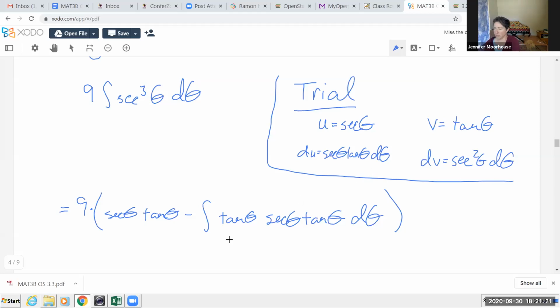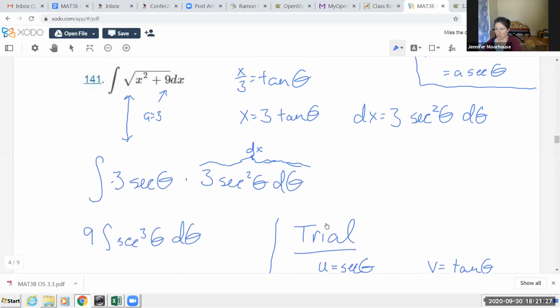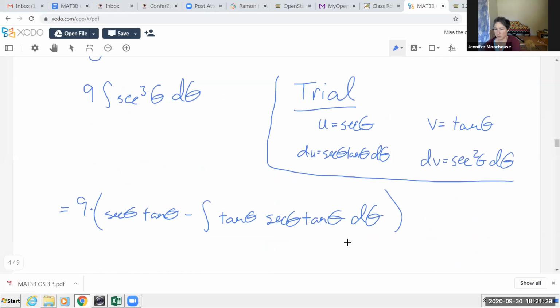So if I wrote this, we had 3 secant cubed. So if we write this tan squared as secant squared minus 1, does that